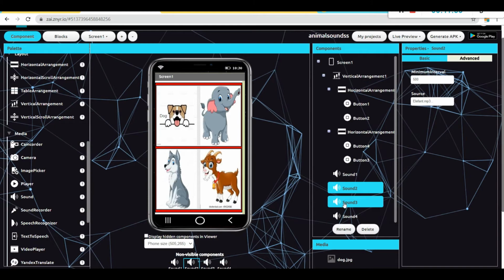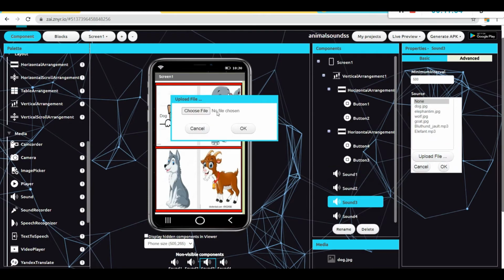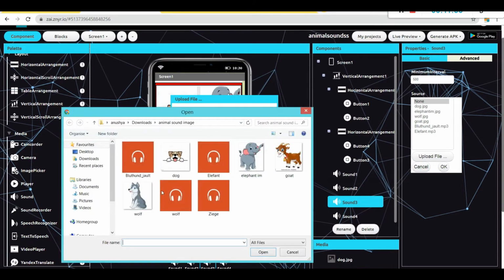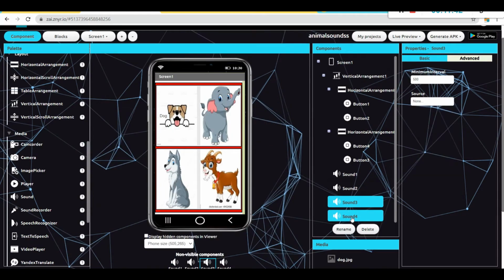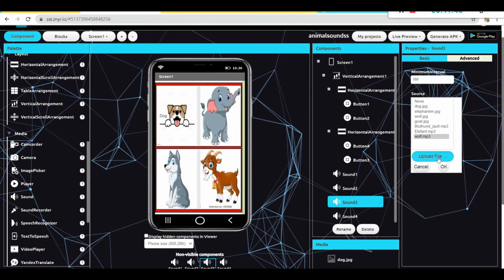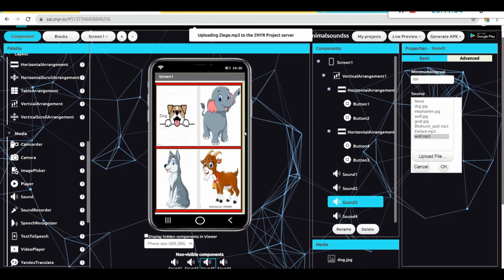And I'm clicking the third one, sound 3. I'm choosing the upload file where I need to upload the wolf sound. Yes, I have uploaded. And my fourth could be the goat sound, upload, choose file, this one, and open.